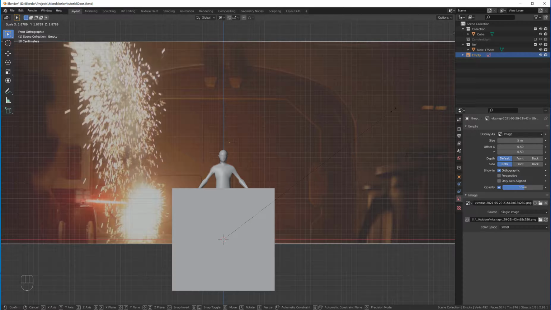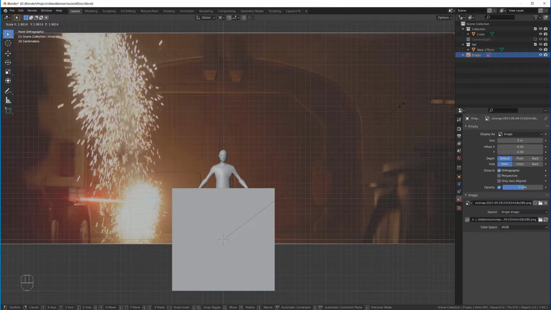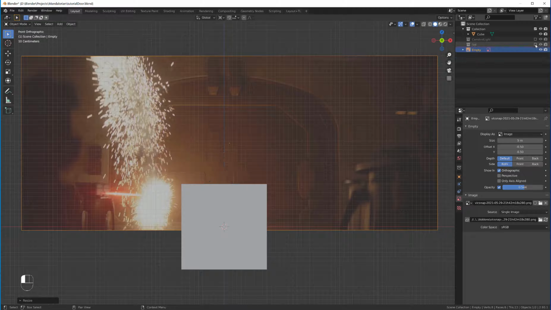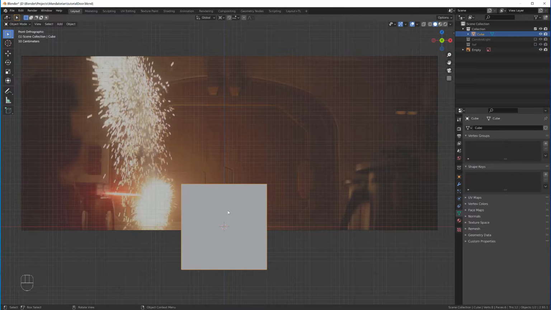On a side note, I put this in my Blender startup file, so it's always there, and if I want to check it real quick, I can just turn it on and off and always see what scale I'm working at. So the first thing I want to do is the frame, and I use the box that we already have,